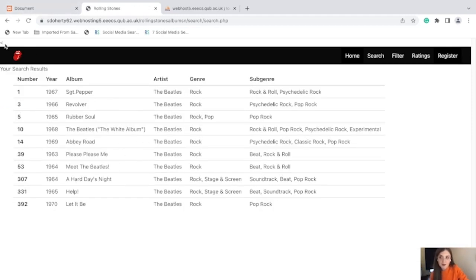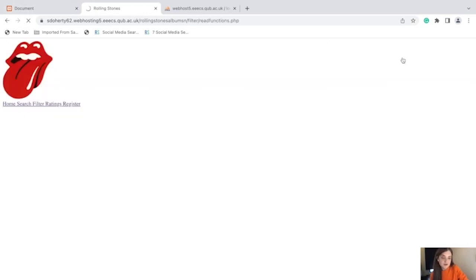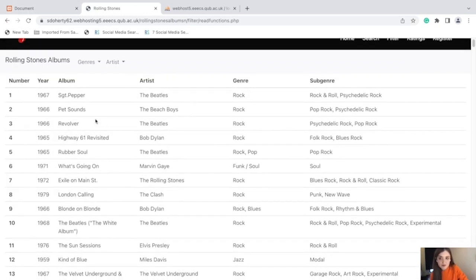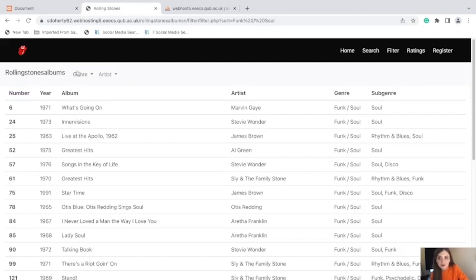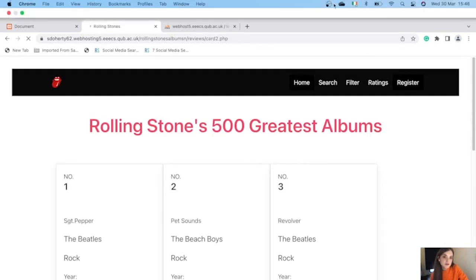Then I'm using this filter to display albums based on genre, and genre again, and then the artist as well. If I go back here,